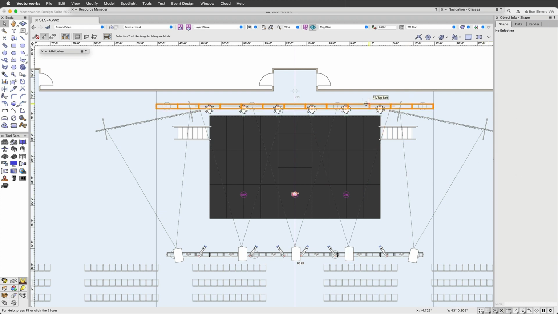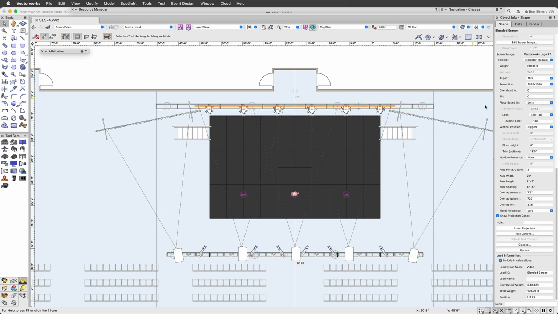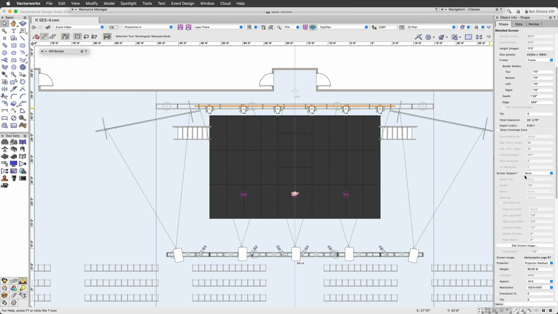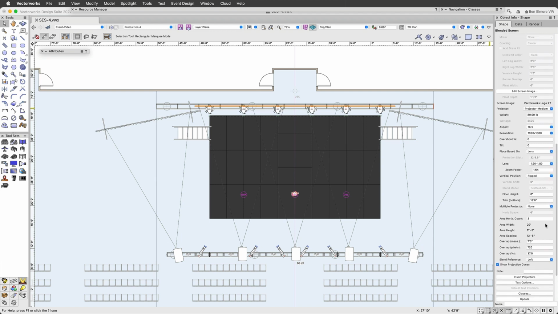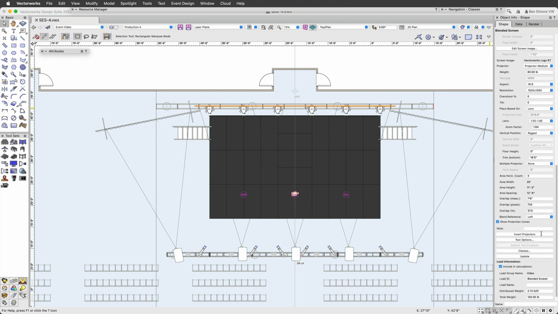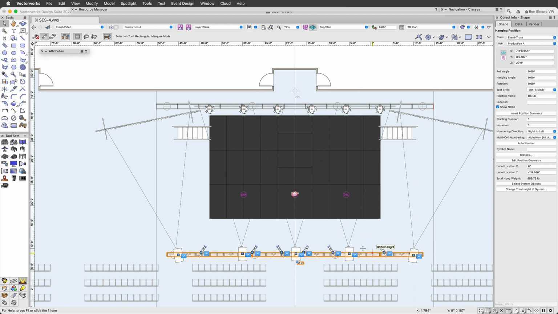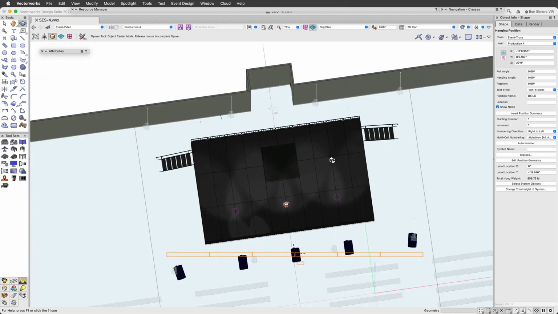We'll see the overlap, pixels of overlap down here. You notice if I select this truss that those projectors are attached to it. Fantastic. And then if I wanted to go to a 3D,